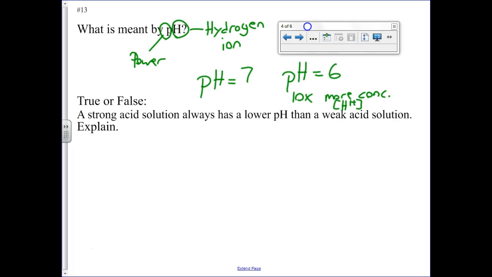False. Because a strong acid is just something that doesn't break apart a lot, but that doesn't define its pH. You said it backwards, right? Strong acids break apart a ton. Yeah, I know what you meant. So strong acids break apart completely. However, this has nothing to do with concentration of anything. So I could have, for example,